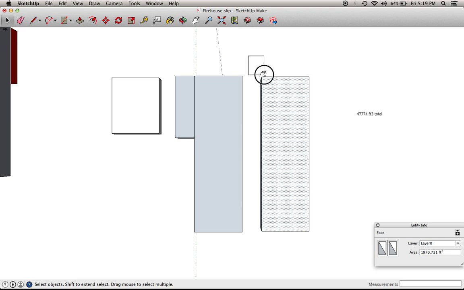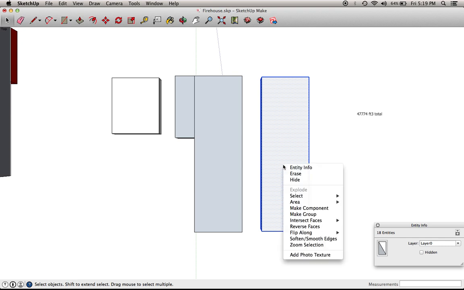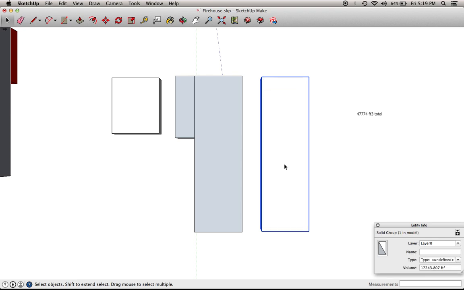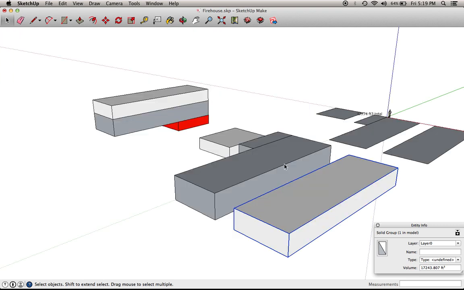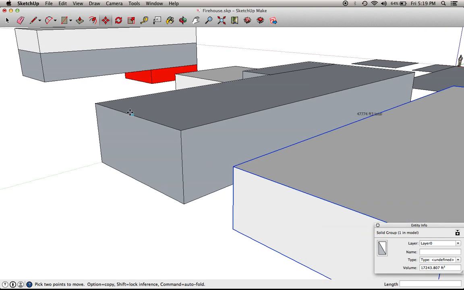I'm going to select this entire thing, and again I'm going to right click and hit make group. Bam. Now this thing is a group. It's going to move as one piece. So I go back to Command 7 for my 3D view, and I hit M, which is move. And I want to move it. I'm going to select on the endpoint because I want this endpoint right here to end up on top of that endpoint, because I'm going to move this whole thing on top of this whole thing. So I'm going to select this endpoint,